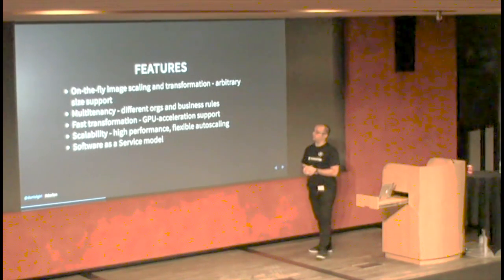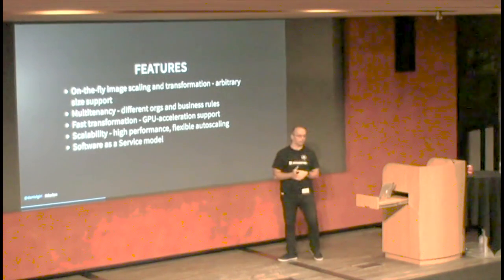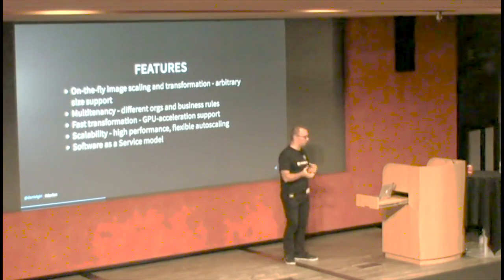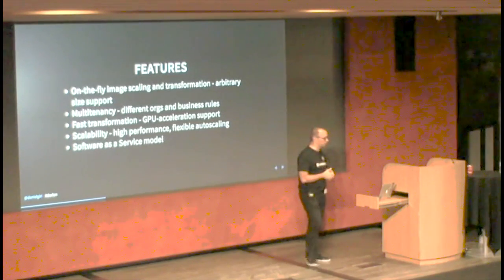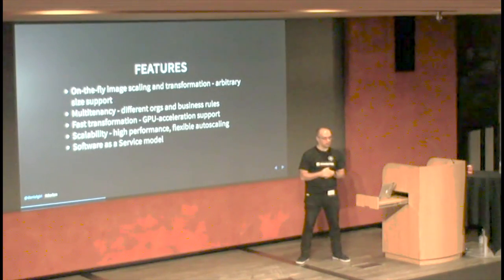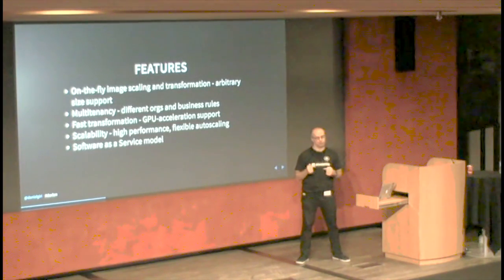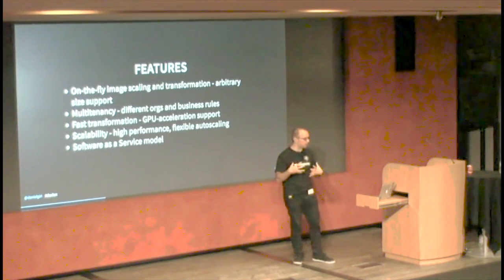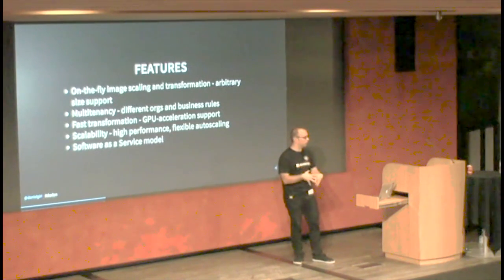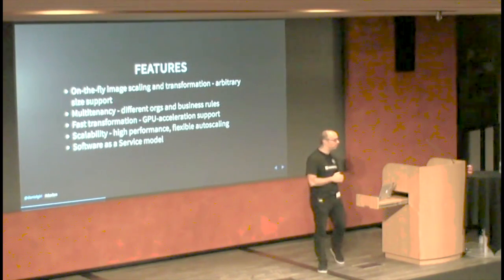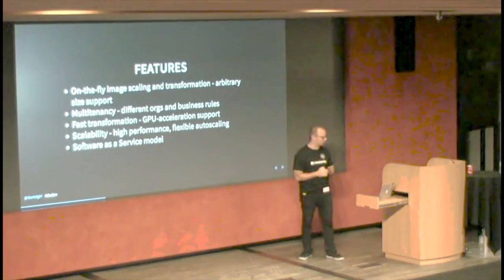It has quite a few features, but some of the basic ones are, for instance, image transformation on the fly. When you have mobile devices, you want to transform images on the fly. It's also multi-tenant, and it works as software as a service within the company, because we have all those sites. We have to set it up like a SaaS for all our internal customers, which comes with its own challenges as well. But it's quite interesting to work like that.